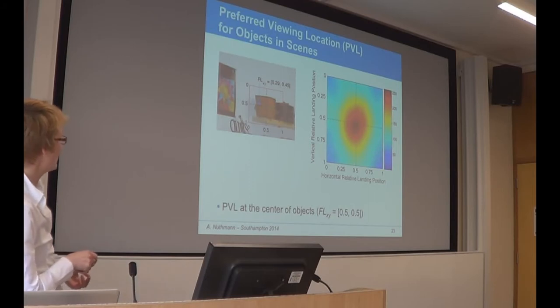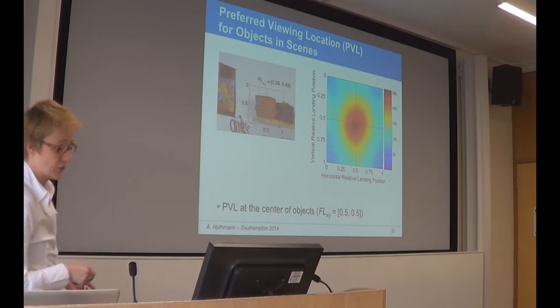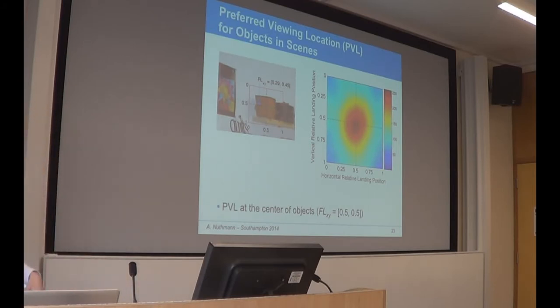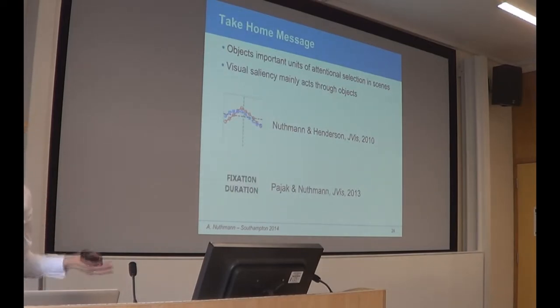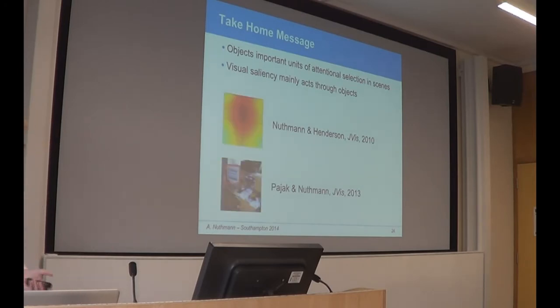And most eye movements go there. That's what the hotspot shows us. But there's also oculomotor error, which leads to the observed variance. So far so good. This basic phenomenon, we call this the preferred viewing location, can be summarized